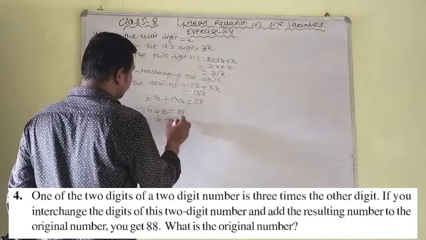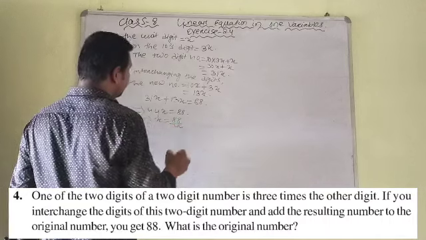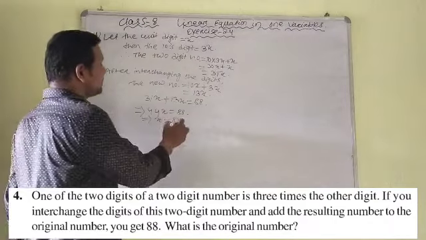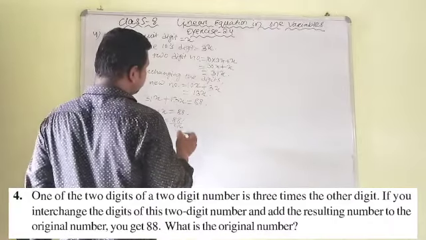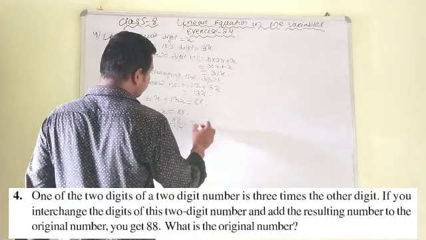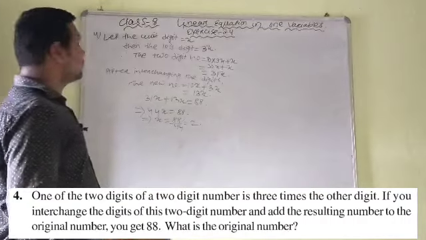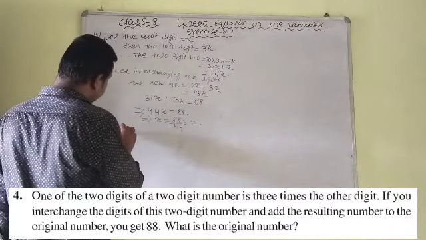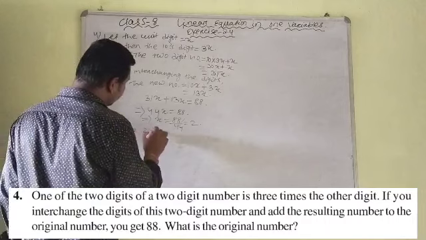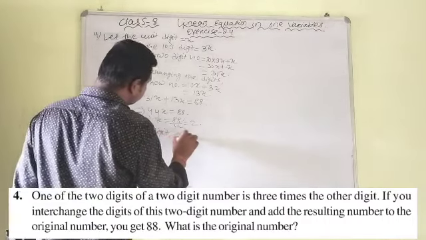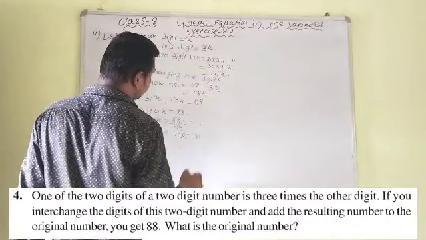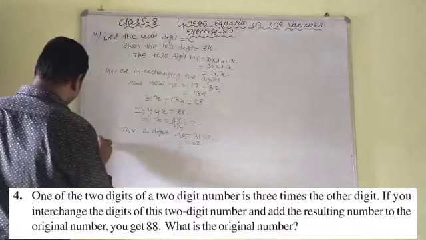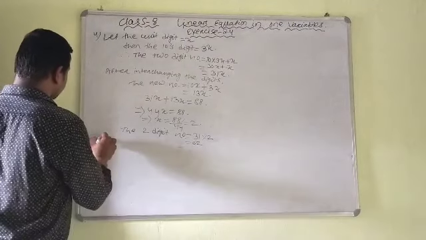and x equal to 88 divided by 44, because 44 was multiplied with the x on the left side, it transposed to the right hand side and divided with 88. So after substitution we will get x value equal to 2. Now we will have to find out the two-digit number, that is therefore the two-digit number equal to 31 into x, 31 into 2, that is 62. Okay, this is the answer of question number 4.